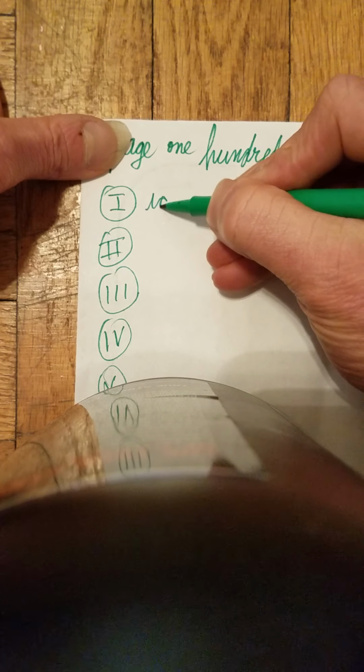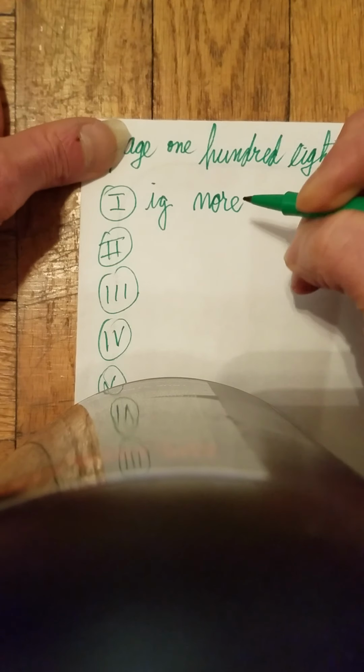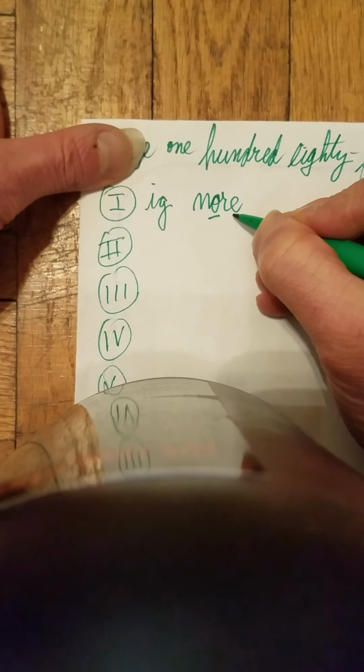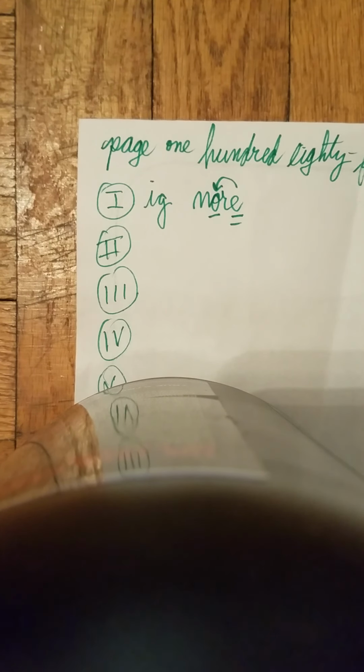So the first word is the word ignore. What's the word? Excellent. Ignore, which we know, to not pay attention to, to not notice, to not take notice, or to disregard. Ignore. Let's go. Ignore. So we have two things to mark up. Underline the O and the silent E twice. Draw an arrow back. Great.